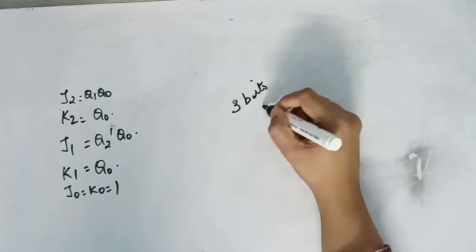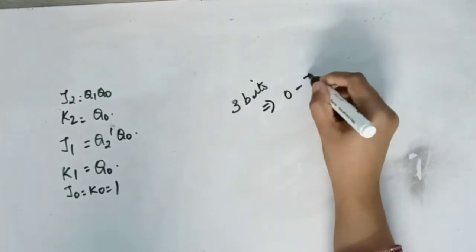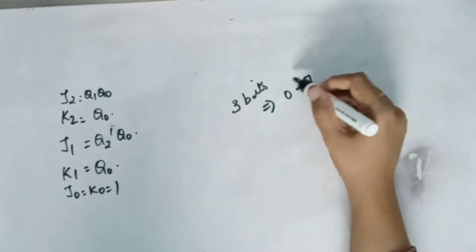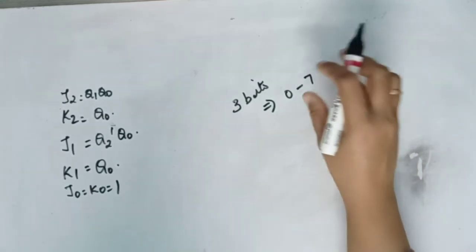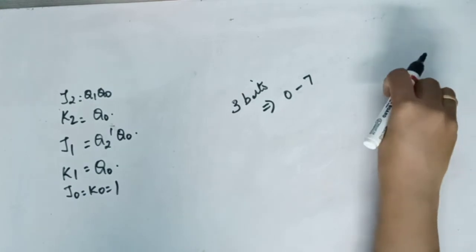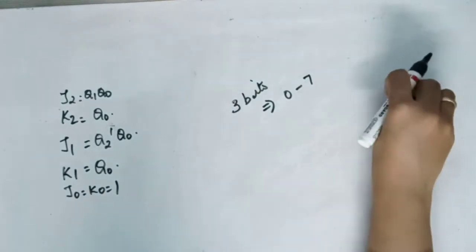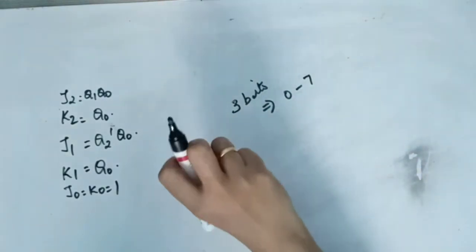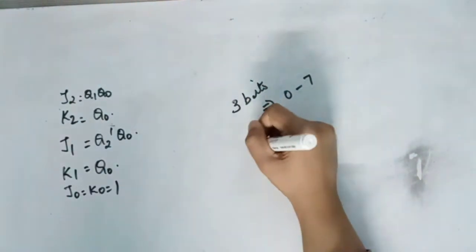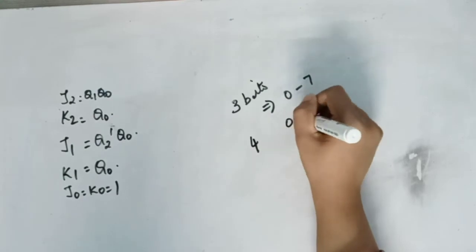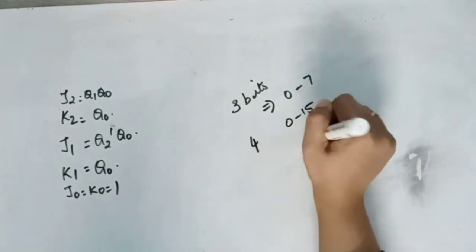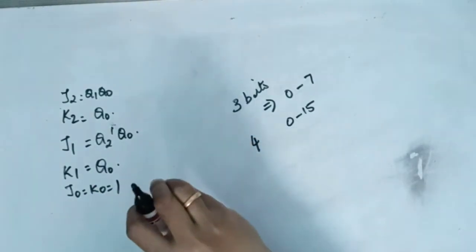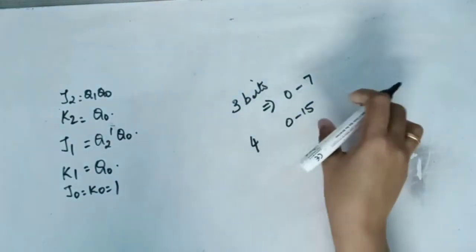3 bits means you have 0 to 7, that is 8 states. If you are not using all the 8 states, if you don't have a result for all the 8 states, either a 0 or a 1, then those states are called unused states. If you have 4 bits, then 0 to 15. Those 16 states, if any of them does not come as a valid state in our circuit, then those are unused